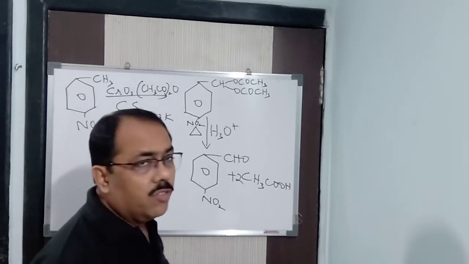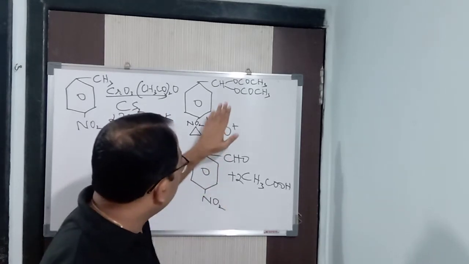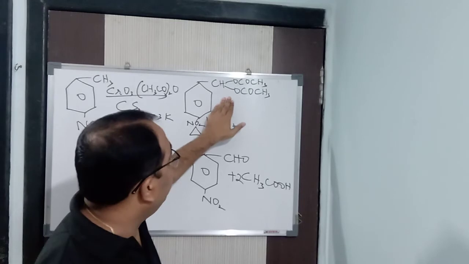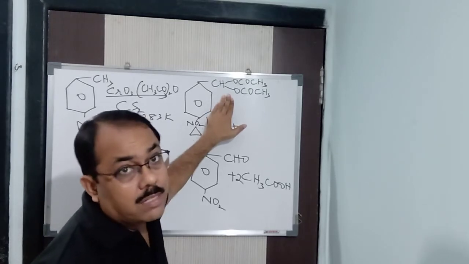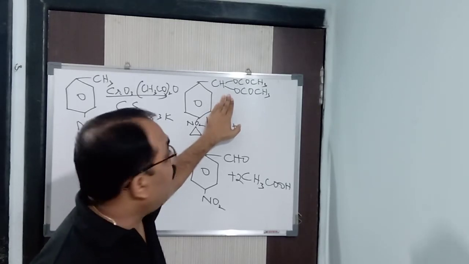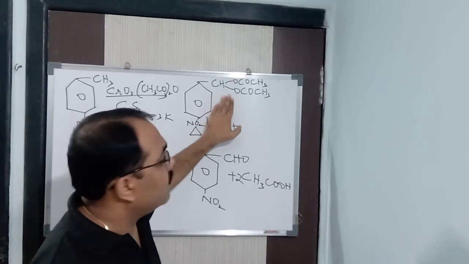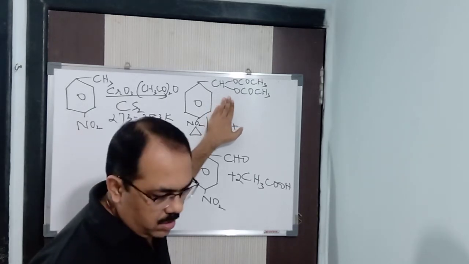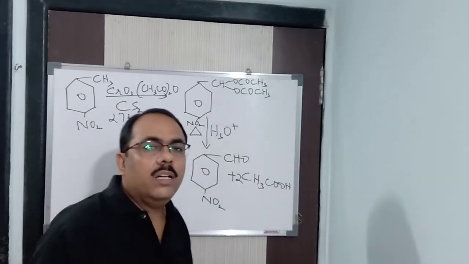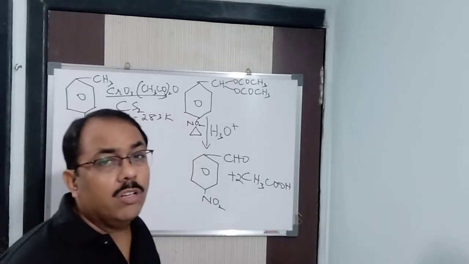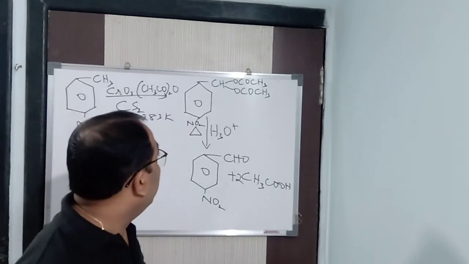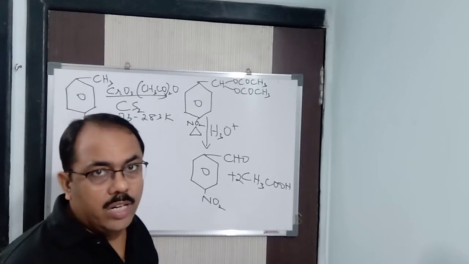Now here one more thing you need to see is that there is every chance that it will get converted into acid. So as soon as the addition product is formed, you need to trap it. You need to trap this particular addition product which is being formed. How will you trap it?